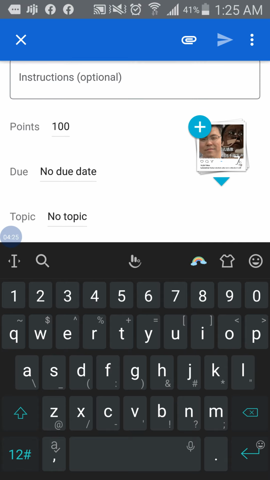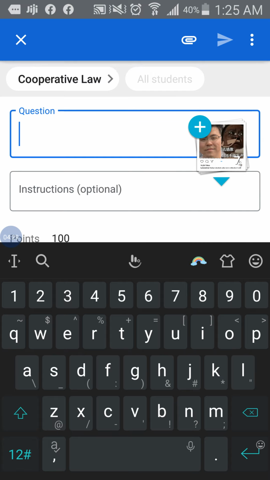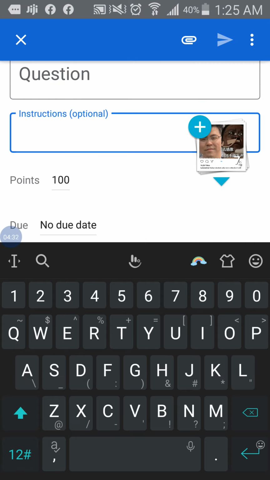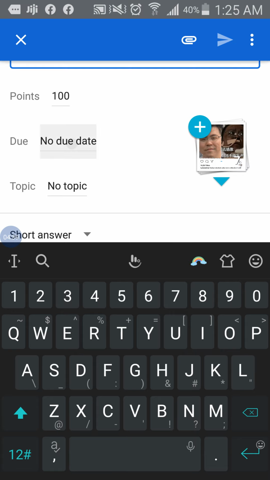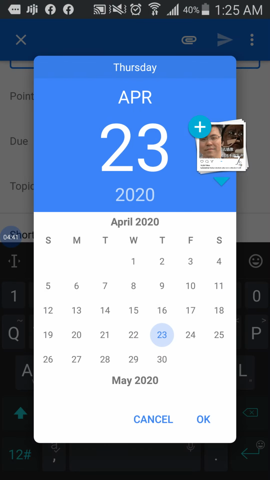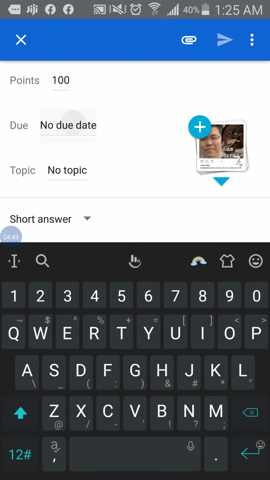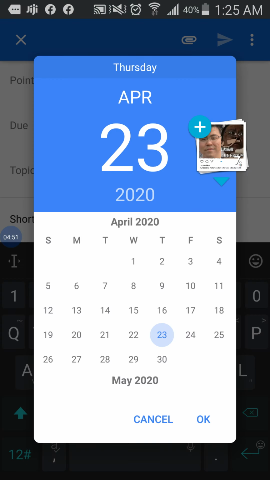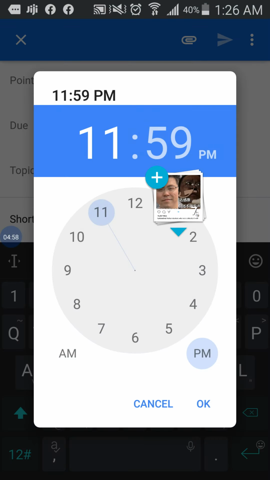So what is the question? You type the question. What are the instructions? You put the instruction. How many points would it carry? Okay, it would carry 5 points. Then what's the due date? So you select a date which you want it done, and by what time. After you select dates, okay, let's say the 27th, then you now create your time. By what time